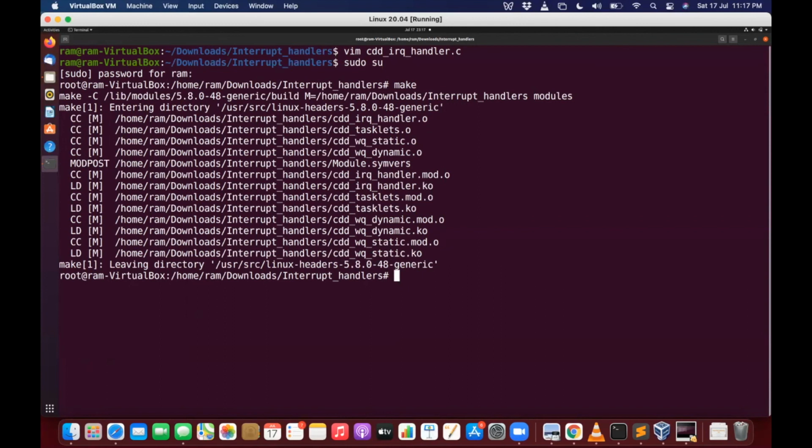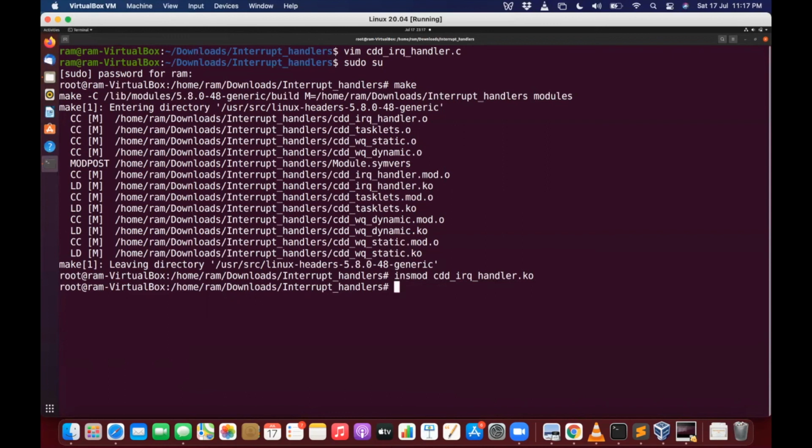To run that module in our kernel, we have to insert it into the kernel. There is a command insmod and the name of the module. So it is now registered. From now on, whatever key press I do, it will get an interrupt and it will run that interrupt handler, as we have seen.